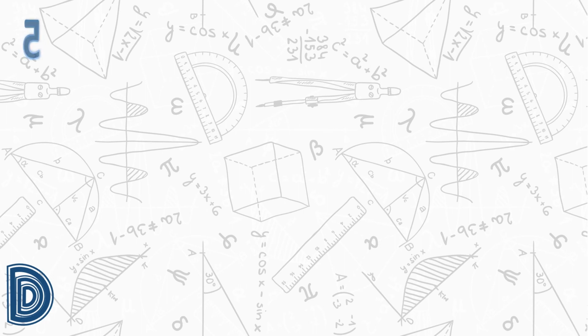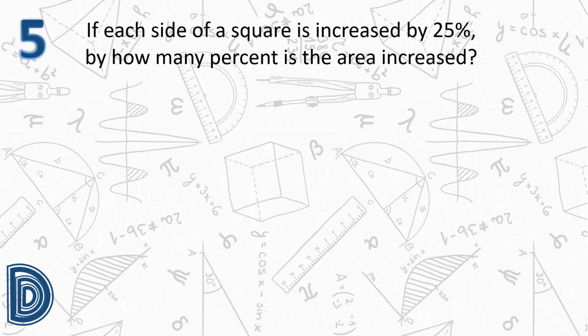Question number 5. If each side of a square is increased by 25%, by how many percent is the area increased? We know that for a square, A is equal to S squared. In here, we're looking for the change in area, or the percent change in area if the side is increased by 25%. So let A sub 1 be equal to S squared, and A sub 2 where the side of the square is increased by 25%. So that will be